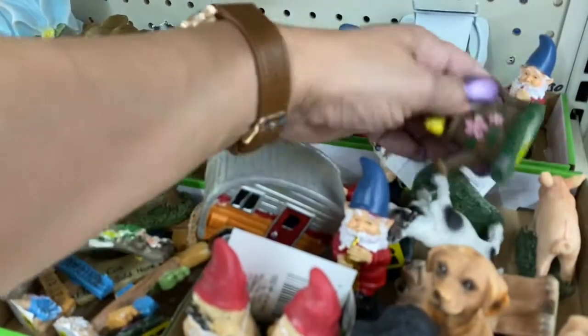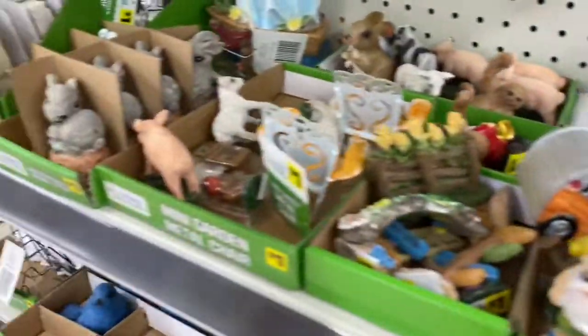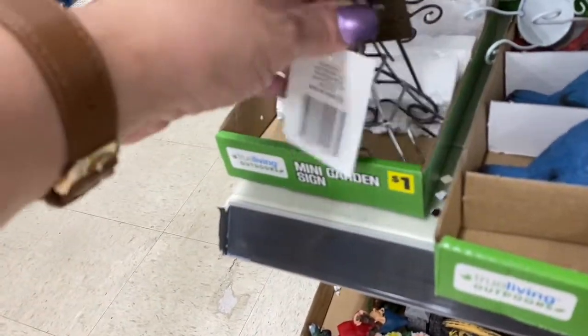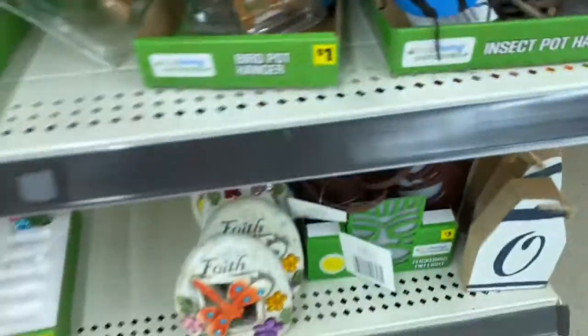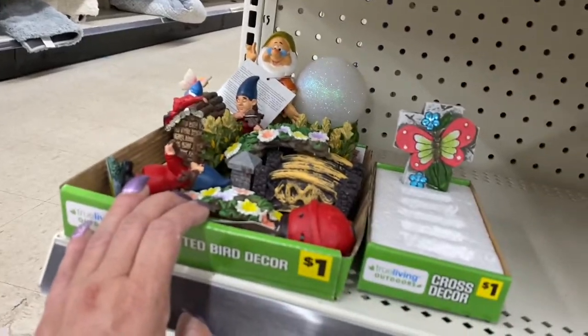Here's the water can for $1 and the cow. The gnomes in the back, those are all $1, guys. Then you have the birds, and then these, look at that. I think that's the Eiffel Tower. And then you have this sign here, the garden tools, and look at this. That is so cute. So then you have some more of the garden tools down here, and then you have